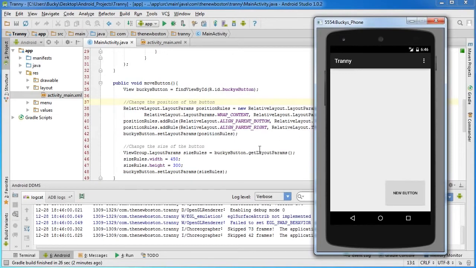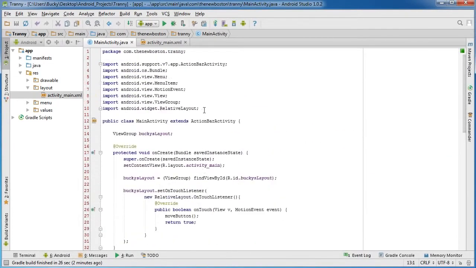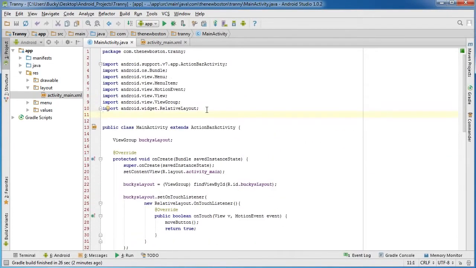Well, lucky for you, to do this it takes like 2 seconds. So if you ever want to just use a simple transition to either move it around or change something instantly, that's what you do. However, making a nice smooth animation is probably the easiest thing you ever learn. So let me go ahead and hide this, and the first thing we need to do is import one more thing,